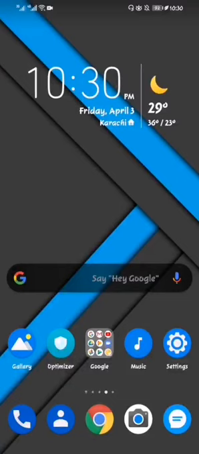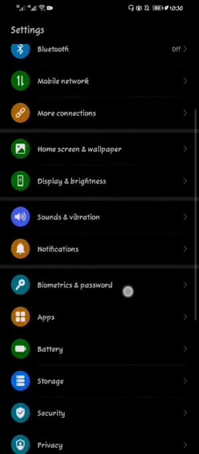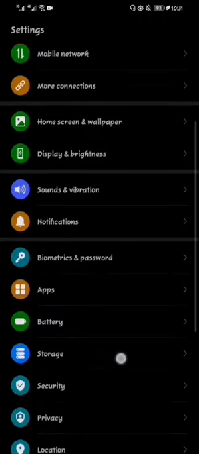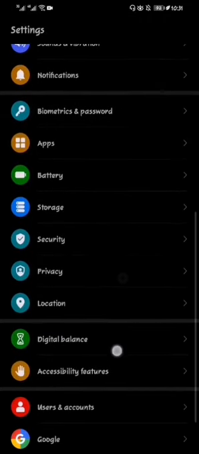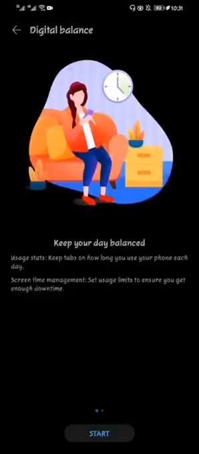I'm making this video tutorial regarding digital balance, screen balance. We'll go to settings. Basically this tutorial shows how we can restrict our mobile usage. So we'll start by going to digital balance